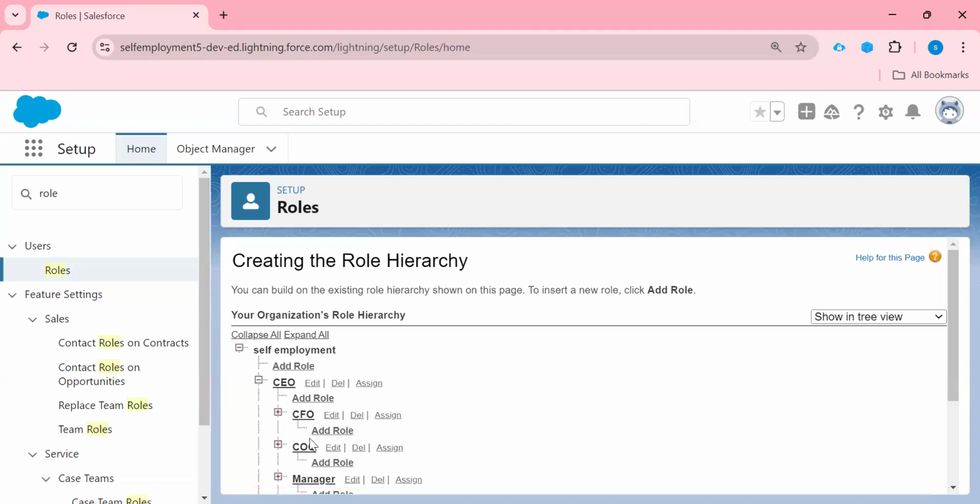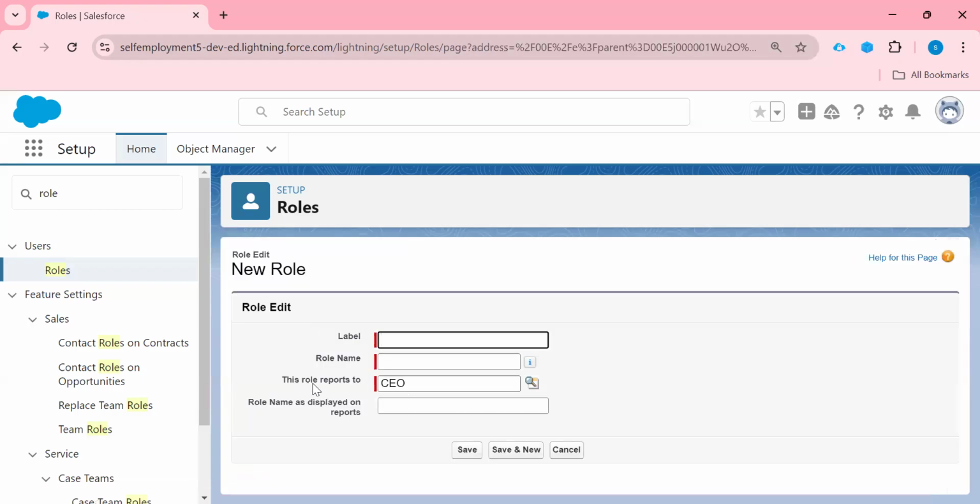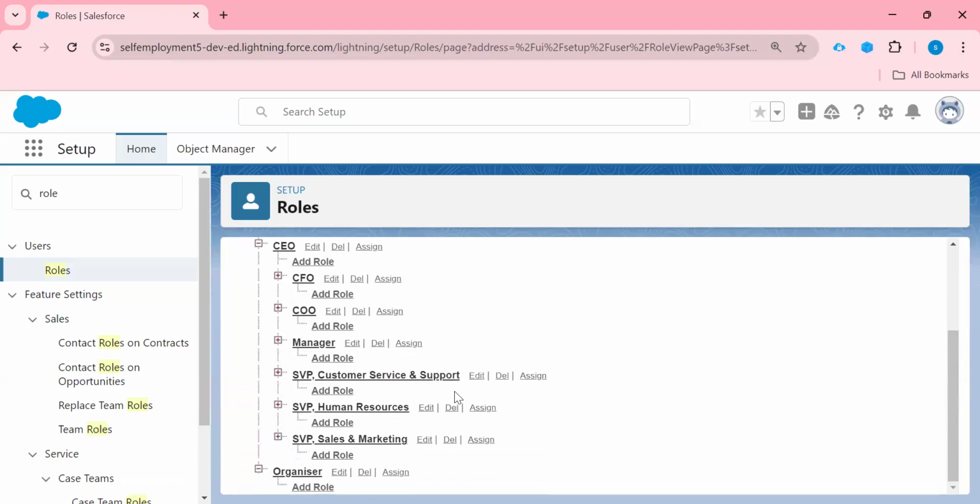Under which role you want to create your new role is up to your requirement, right? Suppose I want to create a role under this CEO. Just click here. You can see this role reports to CEO directly, right? But I'm not going to create a role here. I'm going to create a role under this manager, right? So how can we create it? Just click on add role.